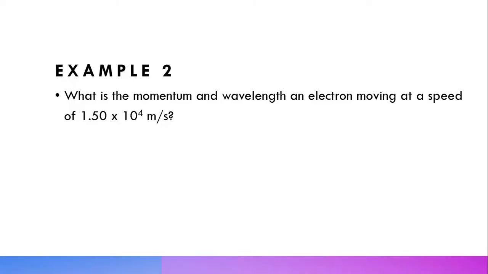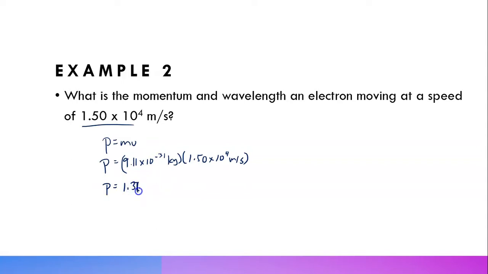So if electrons also have wavelengths, we should be able to find out both the momentum and wavelength of an electron traveling at this speed of 1.5 times 10 to the 4. Well, the momentum part should be relatively easy. We've done this before, the mass of the electron being 9.11 times 10 to the negative 31 kilograms. The velocity it's moving at is 1.50 times 10 to the 4 meters per second, and therefore is 1.37 times 10 to the negative 26